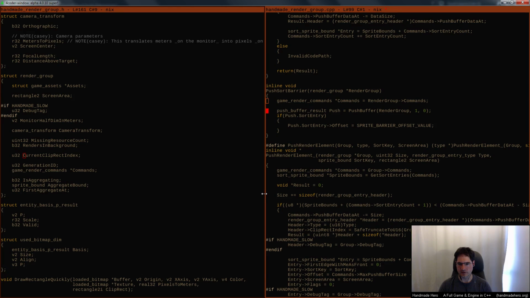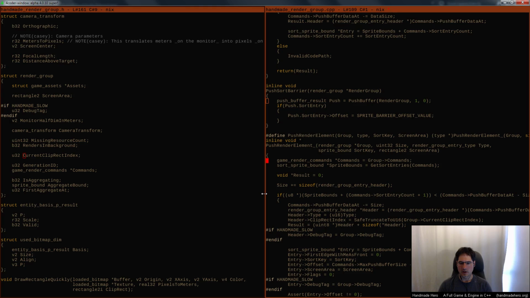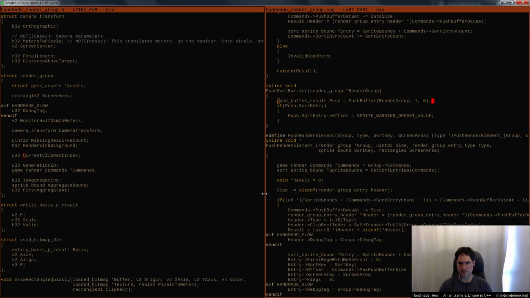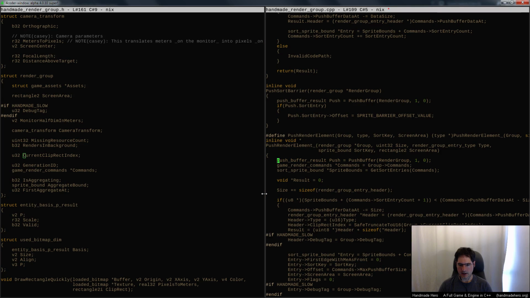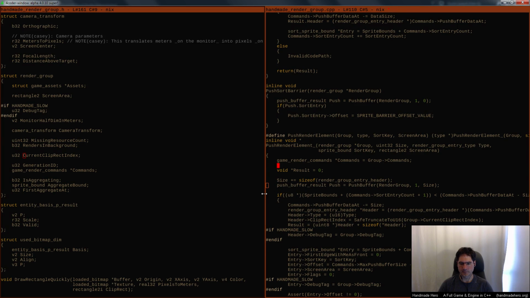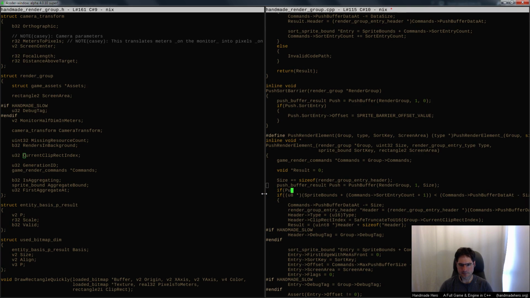And so then similarly here, we would do exactly the same thing. Also, this, I guess, doesn't even need to have that anymore. So here's exactly the same thing. I would say, oh, okay, I want to push. I know I want to push one sort entry and this amount of size on. I can get rid of these. I think I'm going to need at least one of those. But then assuming that I got it,